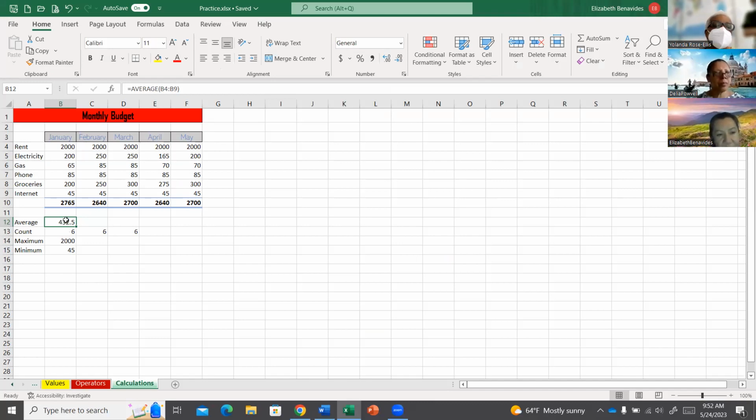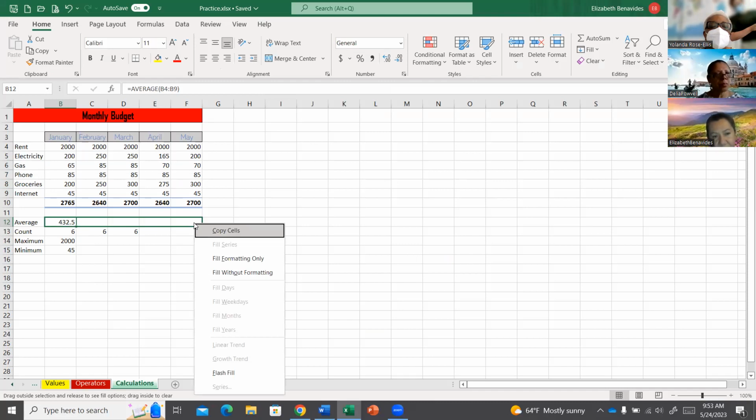You know how you said that to delete the info that we had here, right? And then to autofill, and look what it shows me when I do the autofill. It says copy cells, fill formatting only, fill without formatting, flash fill, and then the rest is gray. Okay, so I don't know why you're getting that, but